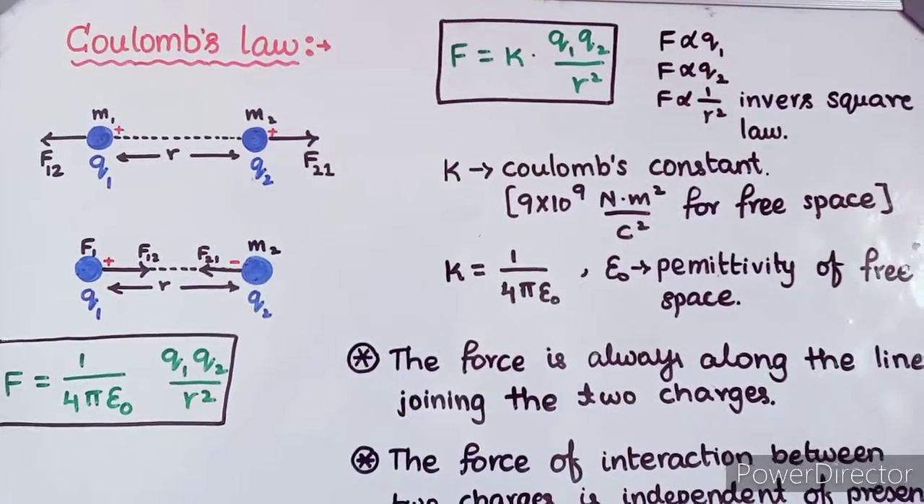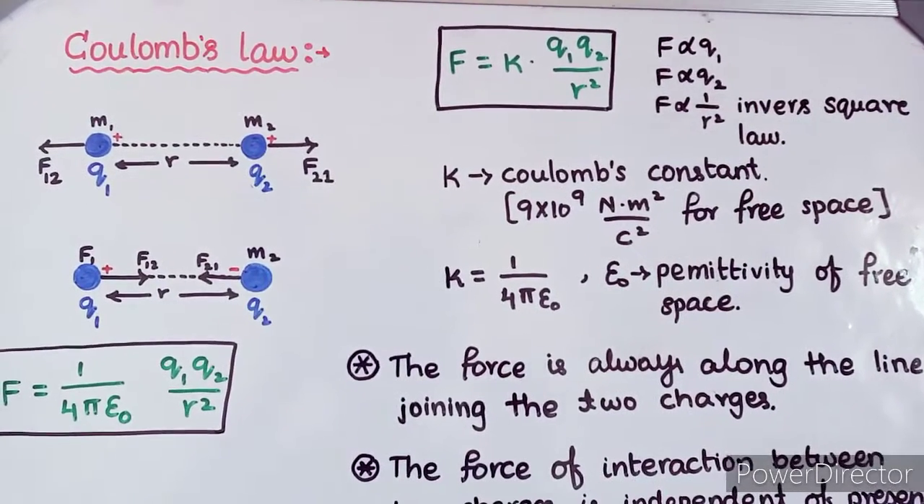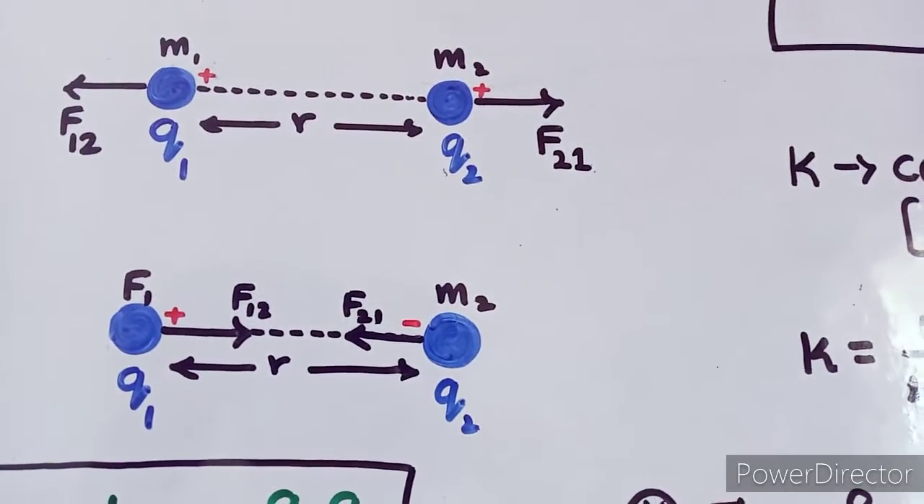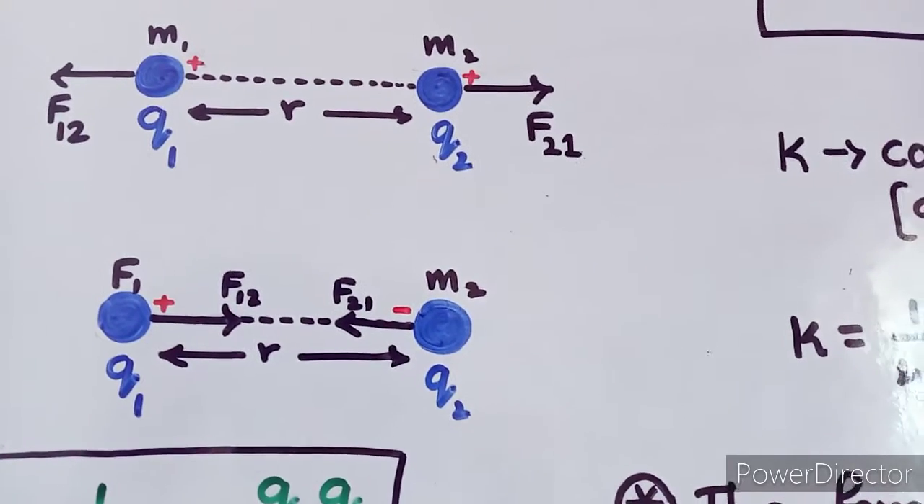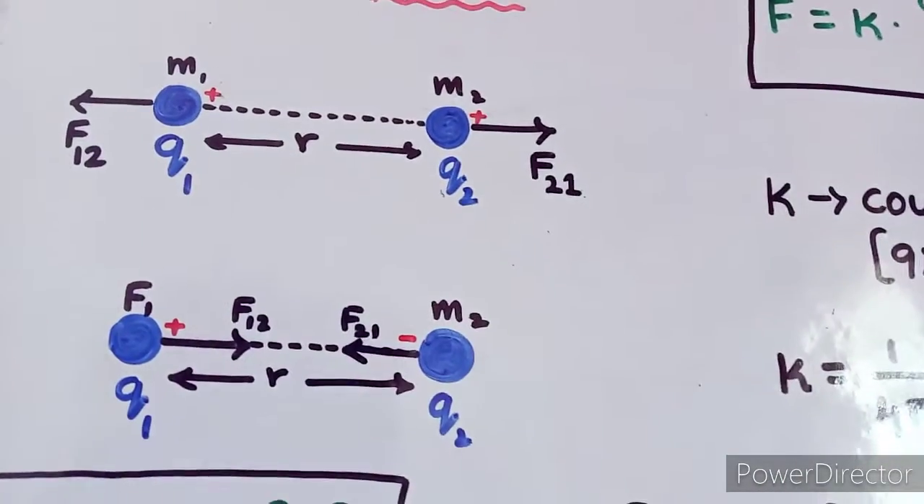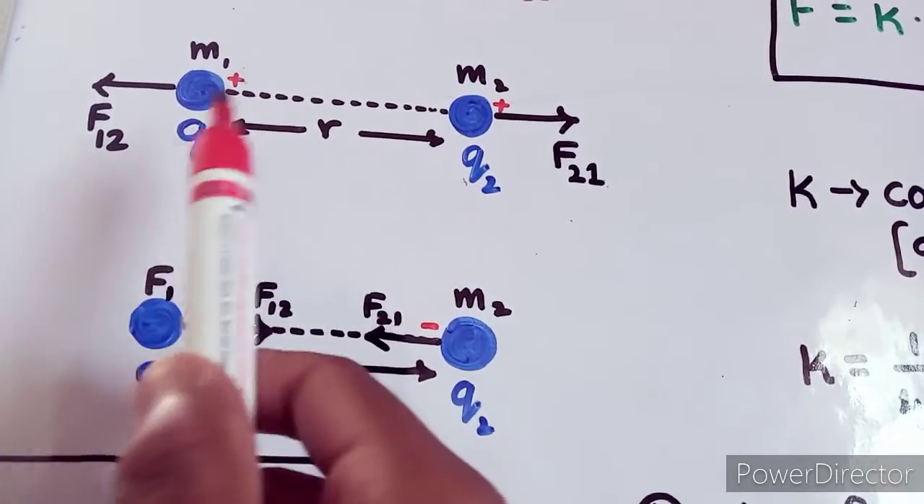Next we have Coulomb's law. This gives the mathematical expression for the force of interaction between two charges. So here I have considered two charges, one is Q1 and the other one is Q2. Since both are equal charges, that means both are positive, the force of interaction between two charges will be in